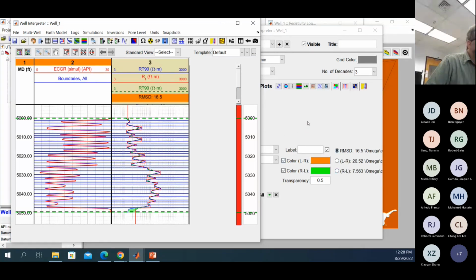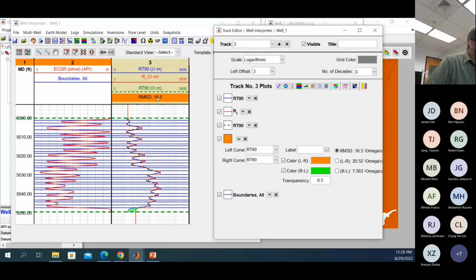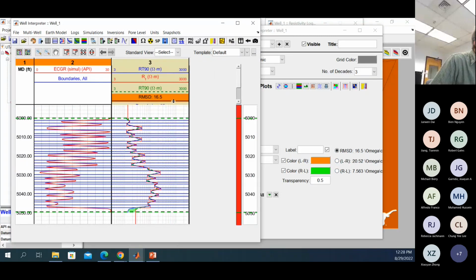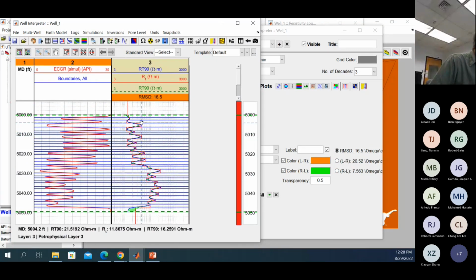Notice that when you do this shading, it gives you an RMSD showing in this window here, and so it quickly shows you how far off your two curves are, and you have a choice of either just showing the right to left RMS or the left right. You have your choice of which RMSD you want to show, the green or the orange or both of them. And so we'll do both of them. And so our initial point here is 16.5,